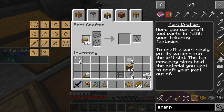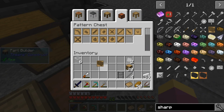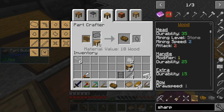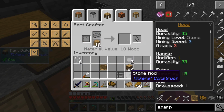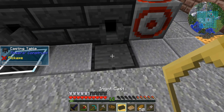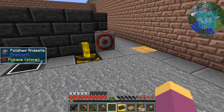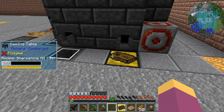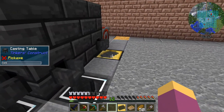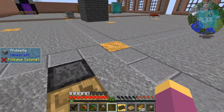Let's put some wood. Can we put some wood in here? Good. Snip into here. Let's grab out our sharpening kit pattern and into there. Right. So there is the wooden sharpening kit. And let's take that out. Pop that into here. Pull the gold over there. And now let's turn that. Is that finished? It has. Let's turn that onto the obsidian